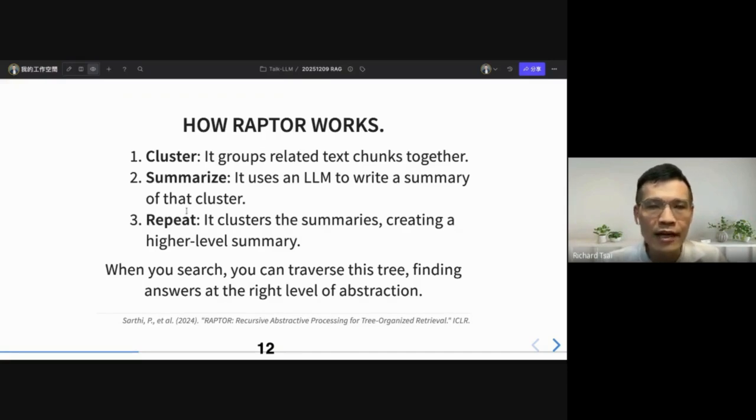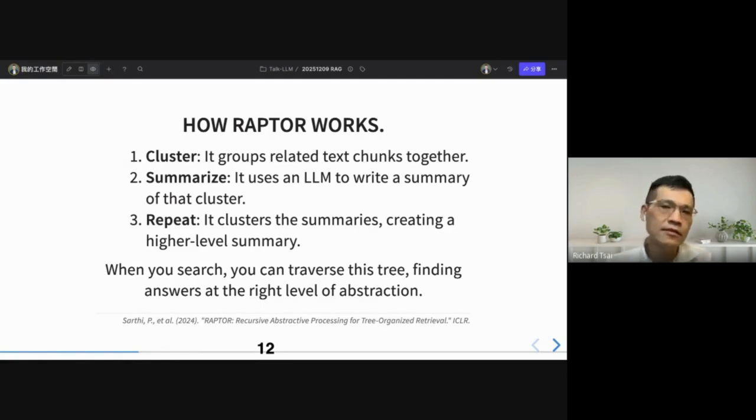So any level can be matched. If a user asks a more abstract question, it matches the top level. If the user mentions some middle-level term, it matches the middle. And if the user asks a question using specific terms, it matches the bottom level.